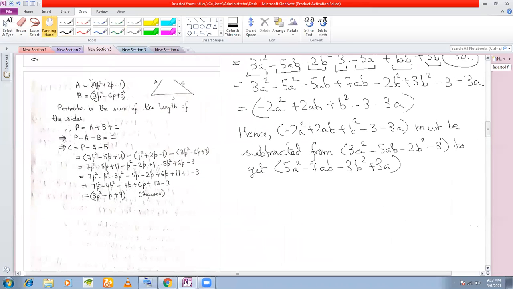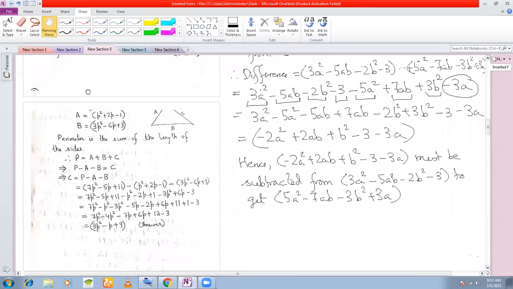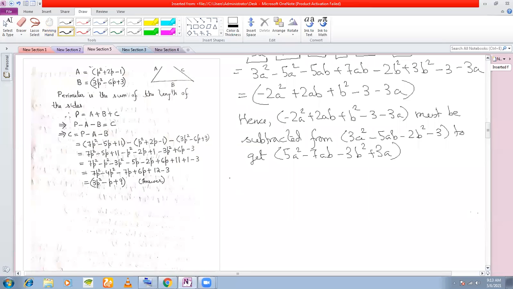No problem. Then we'll continue with the last problem of this exercise, number 8. Unless you have any other problem from this exercise, we'll conclude this exercise and move on to multiplication. I hope you don't have any other problem. If you have, please mention it to me now, or you can send it in a written form to me on your WhatsApp group so that I can help you out with that problem.